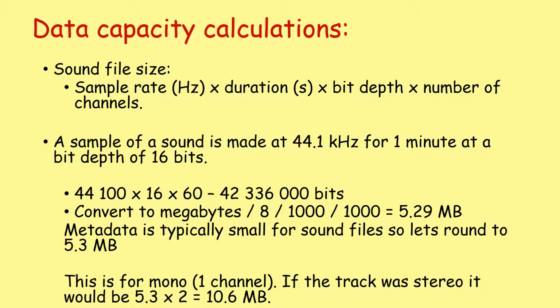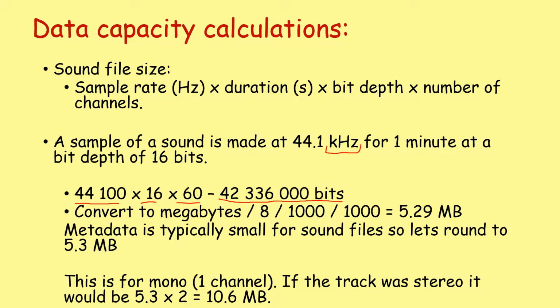And let's imagine this is mono or 1 channel, so I don't have to do any extra calculations here. First thing to know is, of course, it's kilohertz, not hertz, so I have to change that into thousands, so that would be 44,100. So we get 44,100 times 16 times 60, because 1 minute is 60 seconds, and that gets us